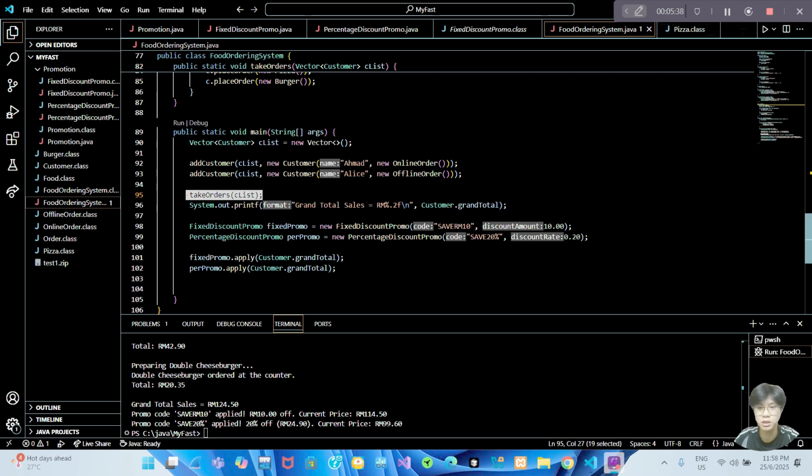So in conclusion, this food ordering project helped me practice OOP principles in a real-world scenario. So I successfully applied abstraction, inheritance, interfaces, and polymorphism. We're also adding custom logic for service fee